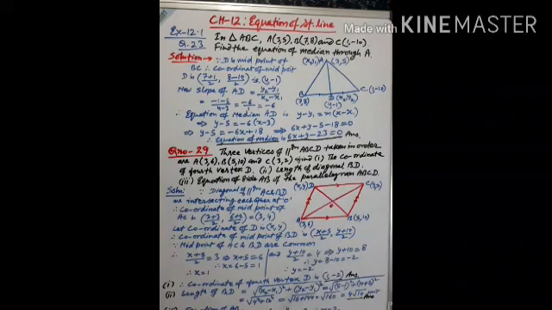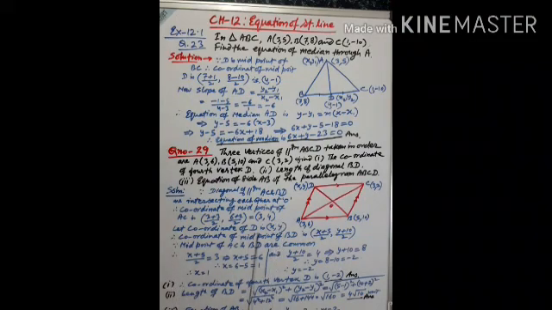Let us see, in a parallelogram, you know the property of a parallelogram, diagonals bisect each other at one point. Diagonals of the parallelogram bisect each other at O. So O is the intersecting point, common to both diagonals. So we will start from there. Since diagonals AC and BD of parallelogram ABCD are intersecting each other at O, that is the midpoint. So the coordinate of the midpoint of AC is (3 plus 3) by 2 and (2 plus 6) by 2, that is (3, 4).